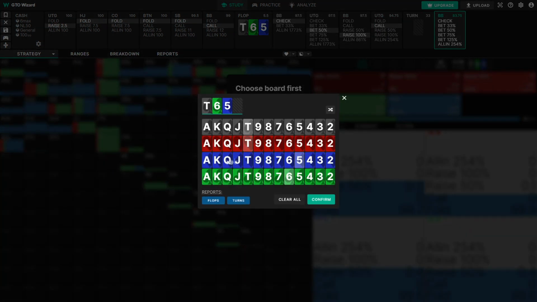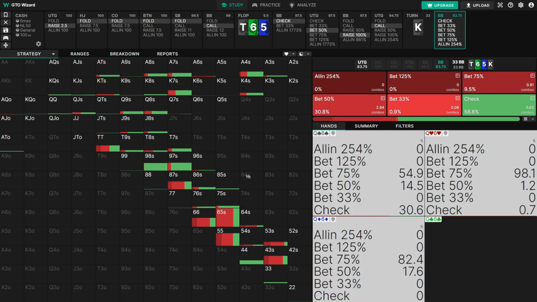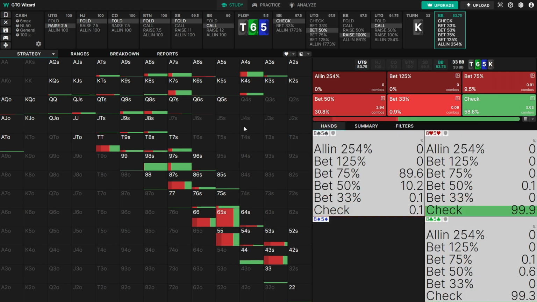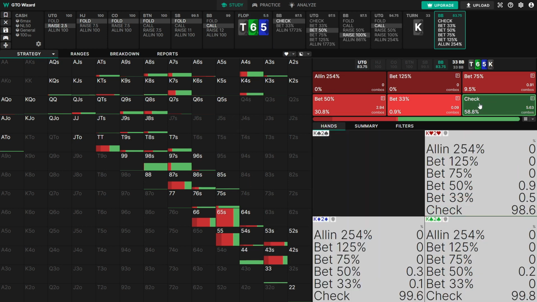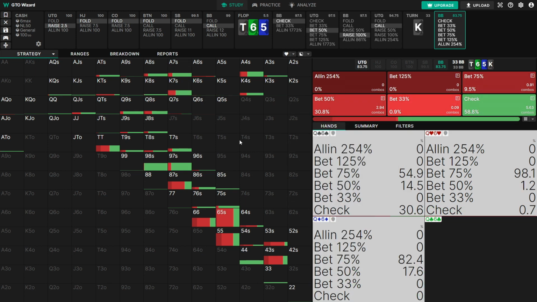and we got the king of spades. Ace seven of spades is mainly a check, and really the only hands that are betting are the hands with severe blockers, like the sixes and fives, and obviously the straights. Almost 60% of range is actually checking over here. But I went ahead and bet, and this is what I'm trying to argue in this video: